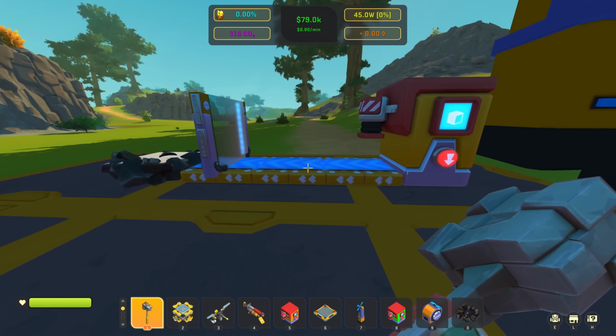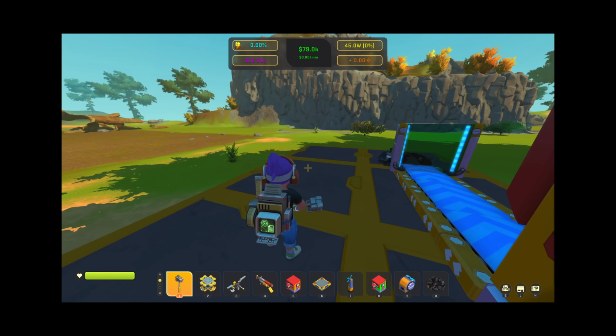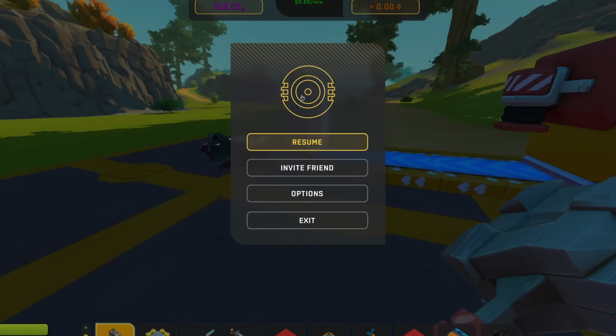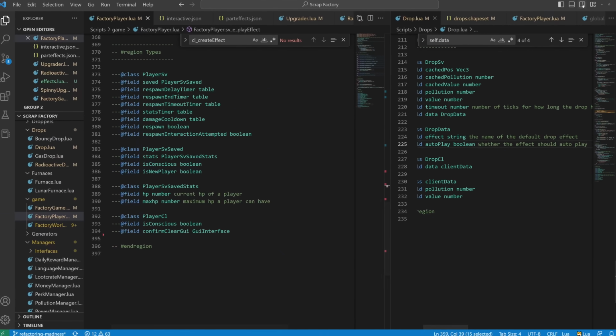What's up, guys? I've been working more on Scrap Factory. Yeah, that's gonna sound really weird because I'm just gonna cut it right in. Anyway, I had a long, fun time refactoring stuff, and I can tell you that the long scripts like the game script and player script, they're just really a lot of fun.